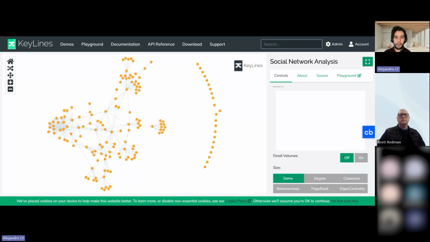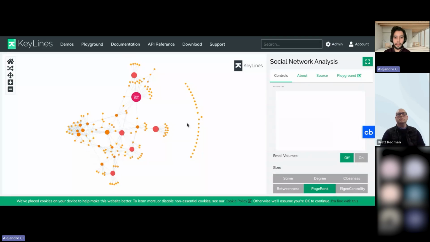The example that we have here today is social network analysis. What we're visualizing is a data set of different emails and individuals associated with them and the activity to it. Now, this organic layout of a graph gives us some loose information. There are some loose clusters over here and some people that seemingly operate as vectors of information. But if I'm an investigator, it doesn't tell me as much as it could if it was using something like a graph algorithm. So what I'm going to do is click on the PageRank button here.